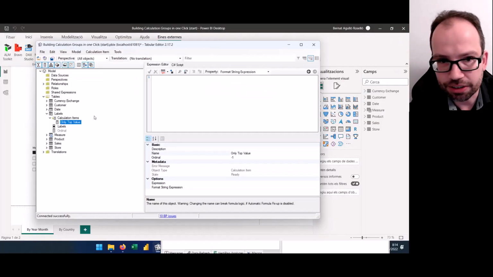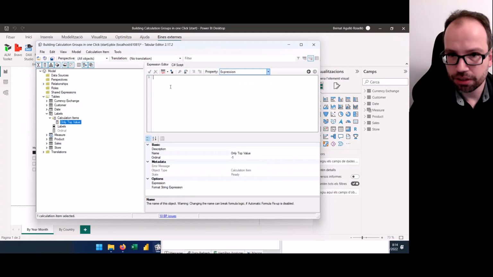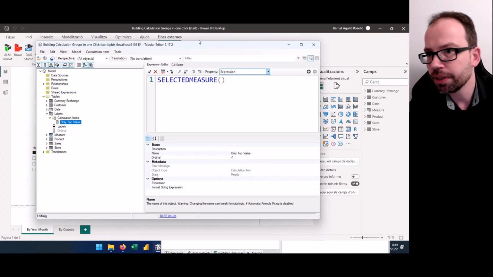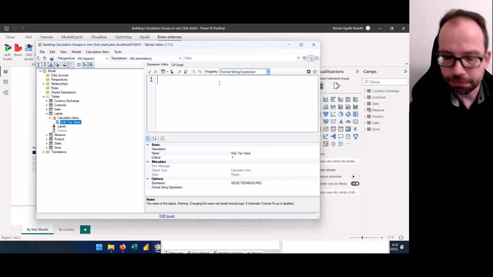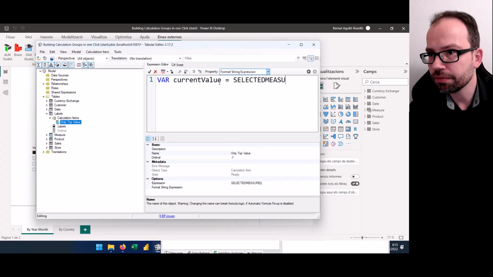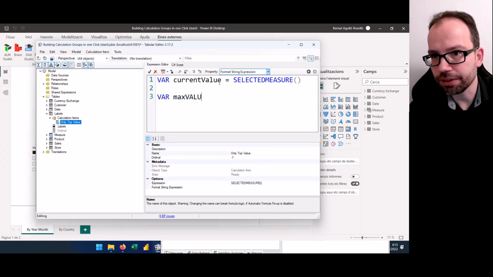Okay, let's see what is going on. Did I just delete everything? C sharp? Yeah, apparently I did, somehow. Okay, no big deal. Selected measure. And now here, let's do it again. Current value, selected measure. Okay, and now here, max value